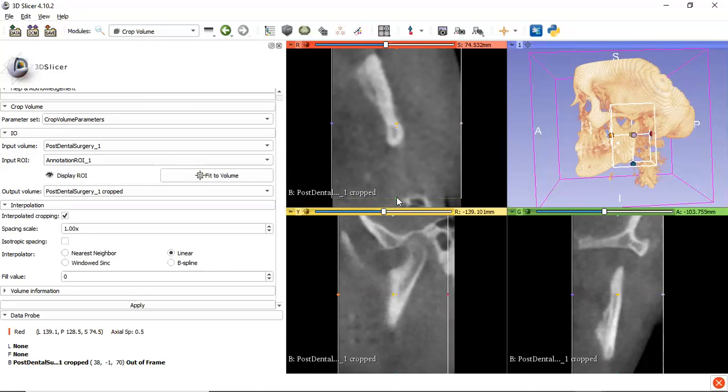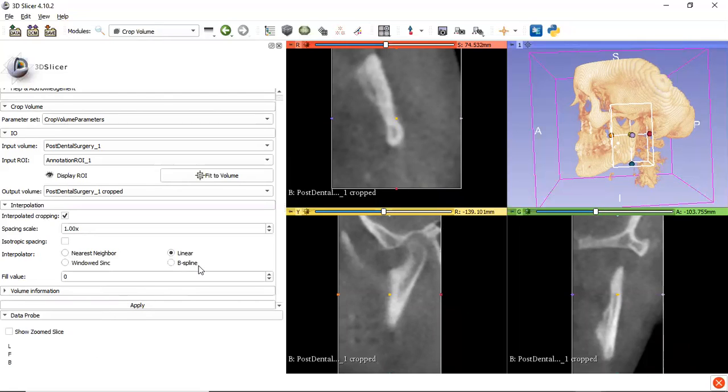There are some changes which I need to make right now. Yeah, so I'll crop it again. So yeah, this is the final cropped image which I actually wanted.